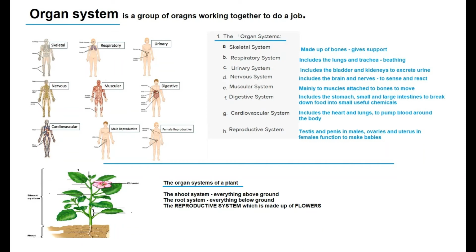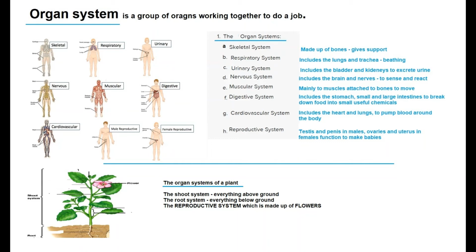And then the organs are developed into organ systems. So they're all joined up in different ways to do different jobs. The first one there is the skeletal system. That's the skeleton, that's the bones, and it's there for support. We've got the respiratory system, that's the lungs and the trachea, and that's used for breathing, getting oxygen into the blood. The urinary system filters the blood, makes urine, which is stored in the bladder,